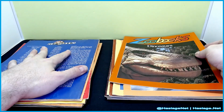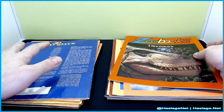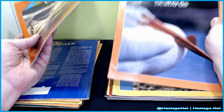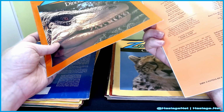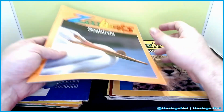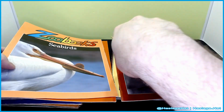And then that was the last of my original subscription. That was it. This is what my grandma got me. Then we finally get to the... I don't know. I can't remember what I was doing. Let's see. What's the date on this one? Because this will tell me. It says '95, which means I was 17. So anyway...